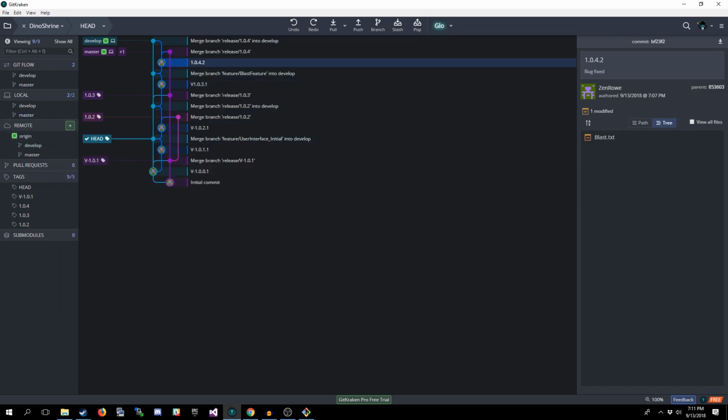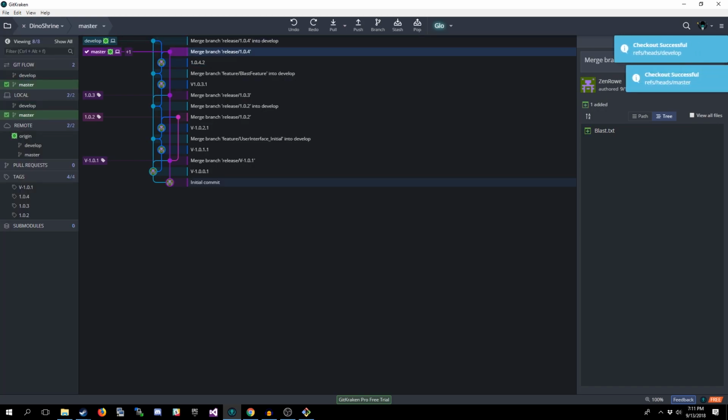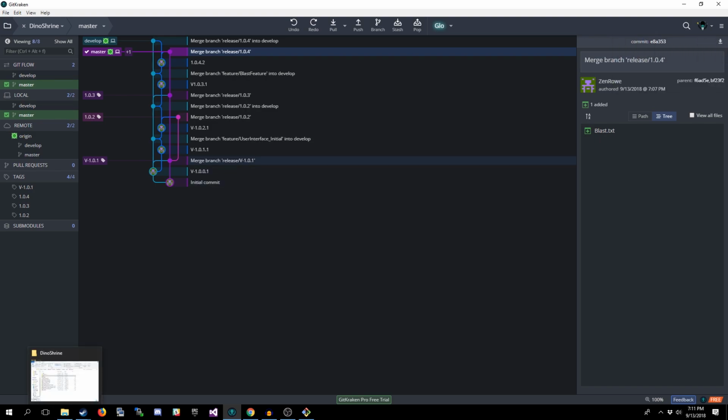Now, if you want to go back out there, just make sure to come back into GitKraken, select your develop and master to go back out to the other ones. Don't make changes on a detached head, though. Detached head is when you check out one of these commits earlier along in your branches. If you make changes on those, you're going to be basically branching out. You're going to be creating a separate, it's not a real branch. It's not going to work correctly. You're going to run into problems if you do that, so just don't.